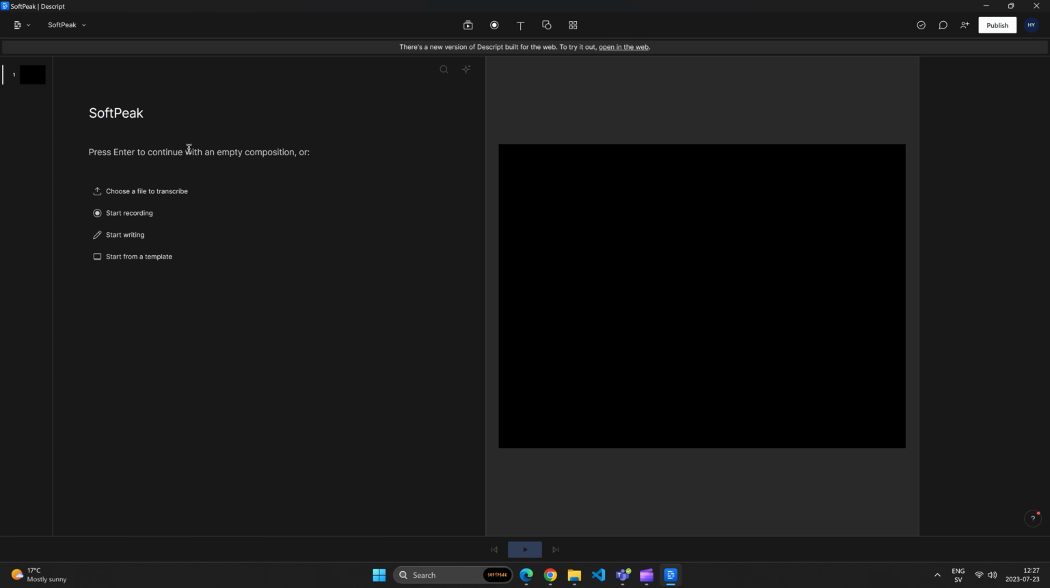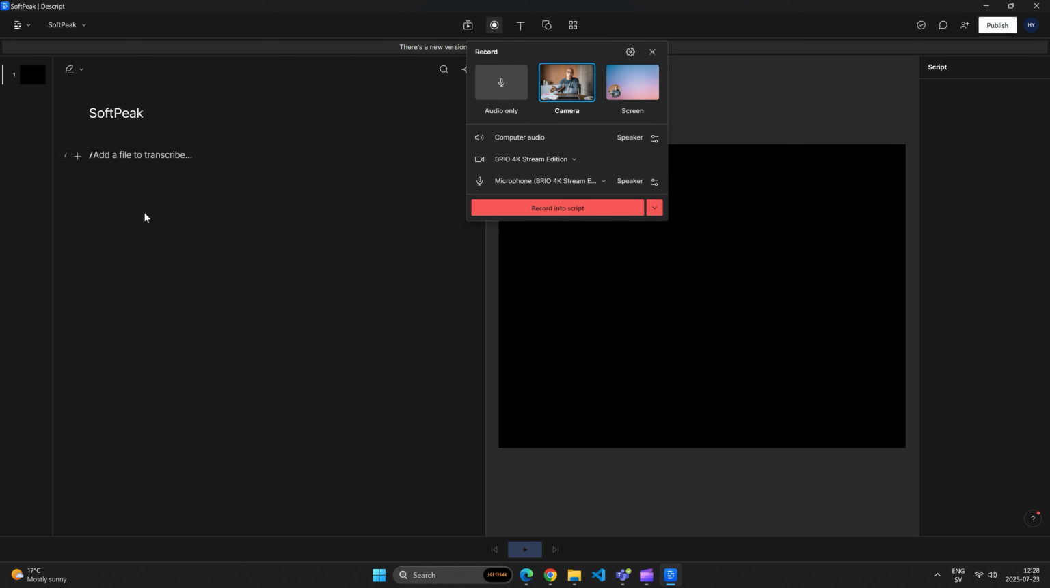So here I installed Descript on this computer, and I can do a bunch of things here. I've started a project already called SoftPeak, and here I can choose to upload a file, and I can transcribe the file, and I can work out of that. Or I can hit this record feature. I can even start to write immediately if I want to. So let's experiment with this